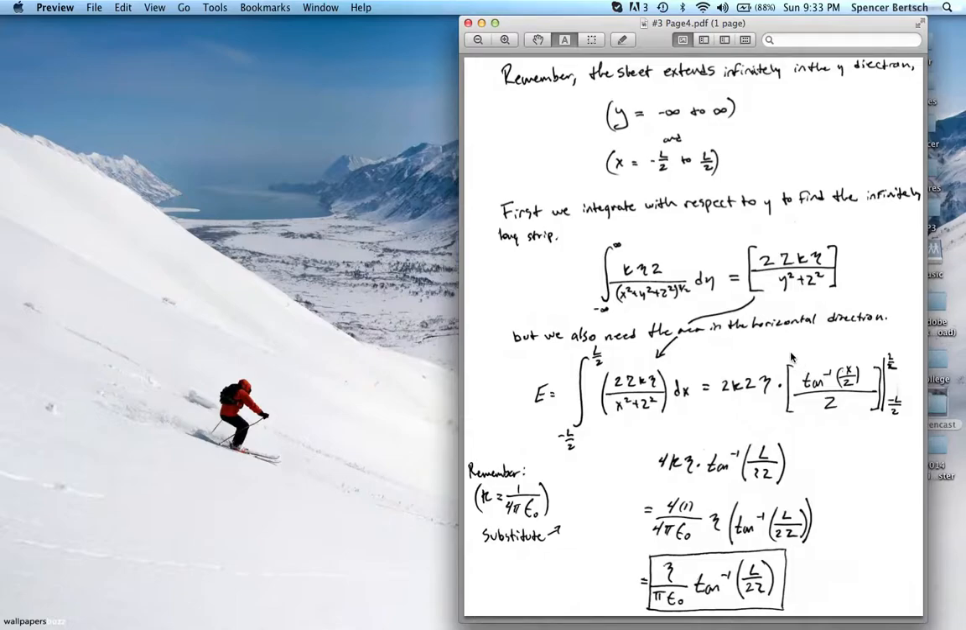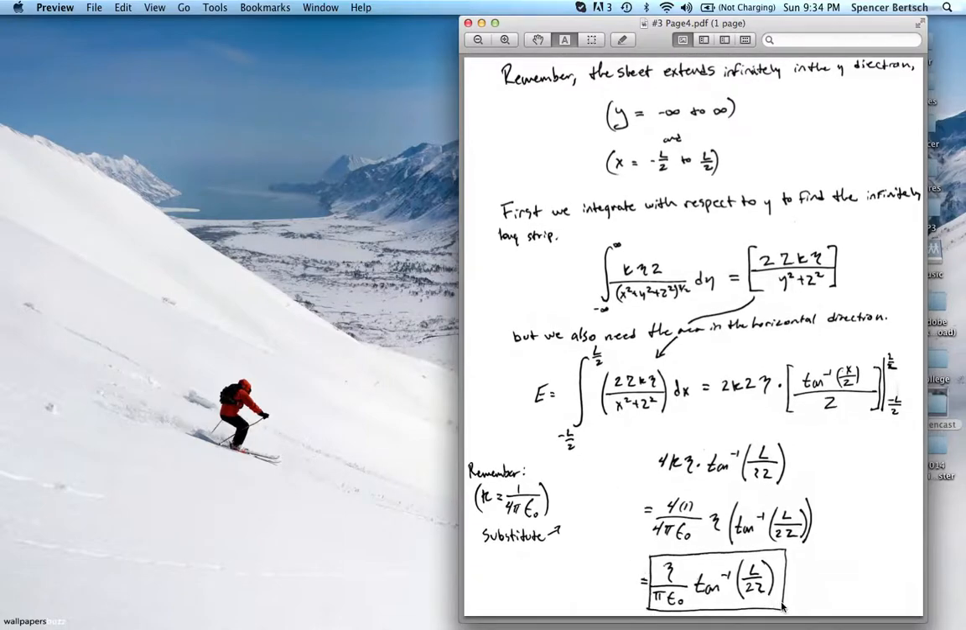Divided by z, and with the bounds of L over 2 to negative L over 2. That's its upper and lower limits, because that's what you're integrating with respect to. So then we can rewrite this briefly as we know that k obviously is 1 over 4 pi epsilon naught, and then we can employ that knowledge to rewrite this as 4, and then it's just 1 over 4 pi epsilon naught. The 4's cancel, so you get eta over pi epsilon naught tan inverse of L over 2z,